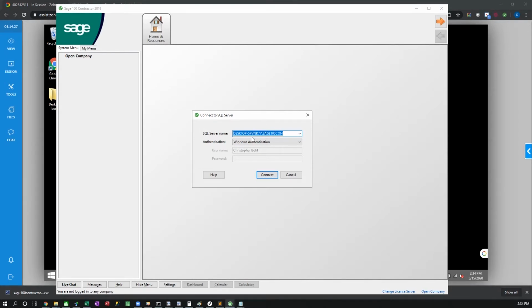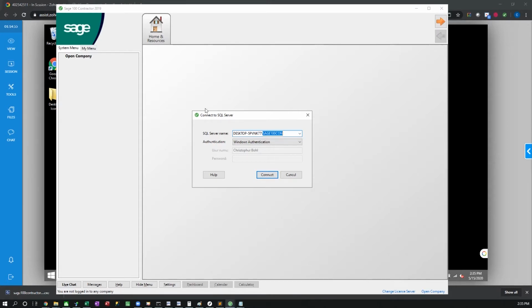And we're going to get the SQL Server name from the Connect window when you open it up. In this case, it's going to be desktop-5pvnk77 backslash Sage 100 con. So we've got a server name before the backslash and the actual instance name after the backslash. So put together, that's desktop-5pvnk77 backslash Sage 100 con as our SQL Server name.